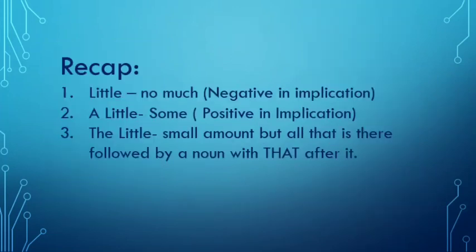Okay, children, let us quickly revise what we discussed today. Determiners are words that come at the beginning of nouns. That is what today we discussed. And types of determiners, we have 4 types discussed: demonstratives, possessives, articles, quantifiers. Quantifiers are the main topic that we have taken today. So what are quantifiers? Quantifiers indicate amounts and quantities of things. Examples we discussed: much, many, lot of, a lot of, few, a few, little, a little, the little, some, any.